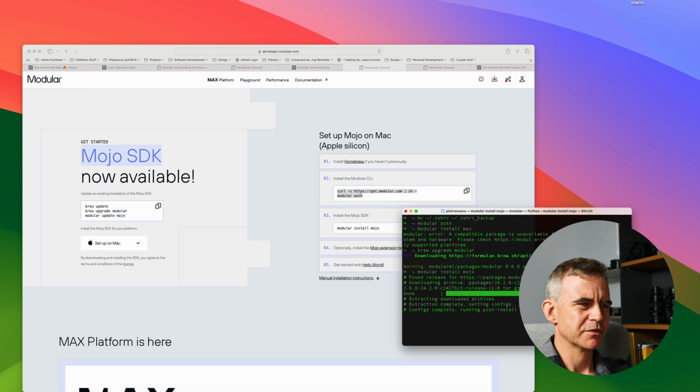Configs complete. Running post install hooks. I always thought that was funny when it sets up hooks. So it's hooking into your system, like tendrils spreading out. All right, come on, guys. Configs complete. This is the thing: it's running post install hooks, and who knows how long it's going to take. It's not even telling me what it's doing. So we're just going to sit here and wait for the hooks again. It's like 4 minutes already. We haven't even set this thing up. Okay, let's take a break and we'll come back once it's done.